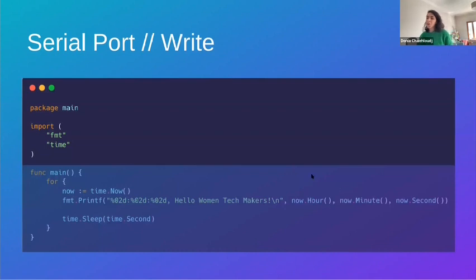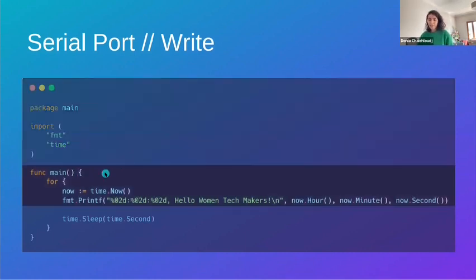So here is the code to write on the serial port. Again, we have the package main application. We import fmt, which is the format package to print. Then we use time to manipulate time.